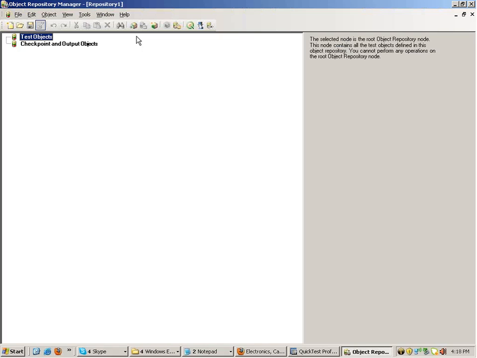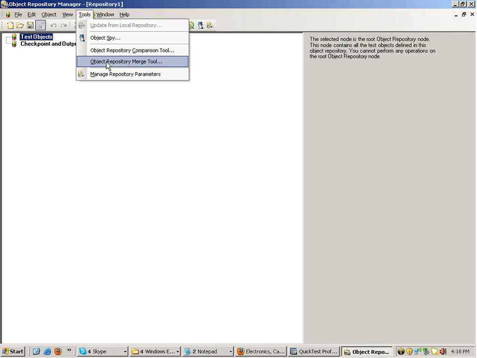Right. In the object repository manager, you have something known as a merging tool. So there is an object repository merge tool which is out here, and a comparison tool. So all these tools are there, right?